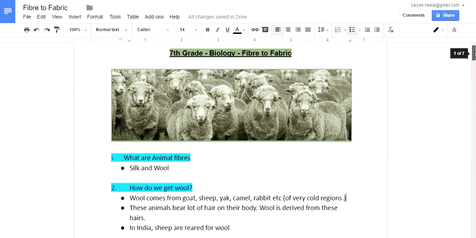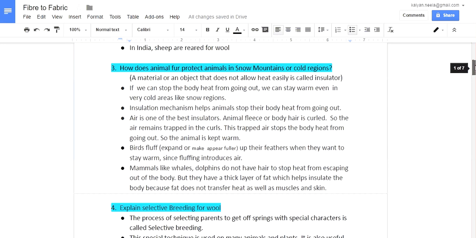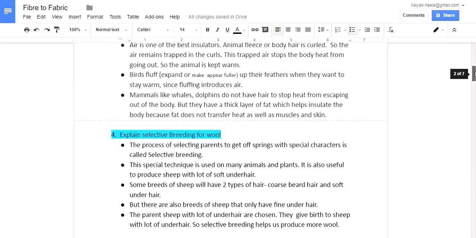Naturally, children will look like parents, right? So the sheep that are born to this type of sheep with a lot of body hair will naturally have a lot of hair. So they select parents to get offspring